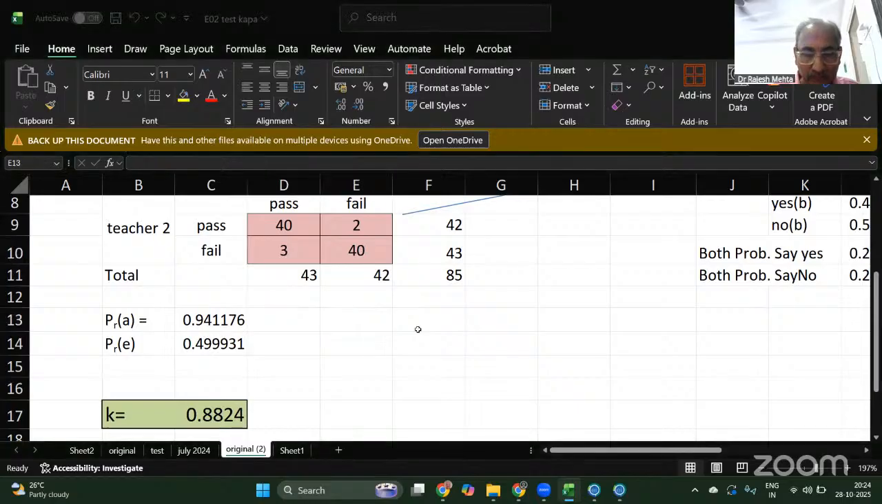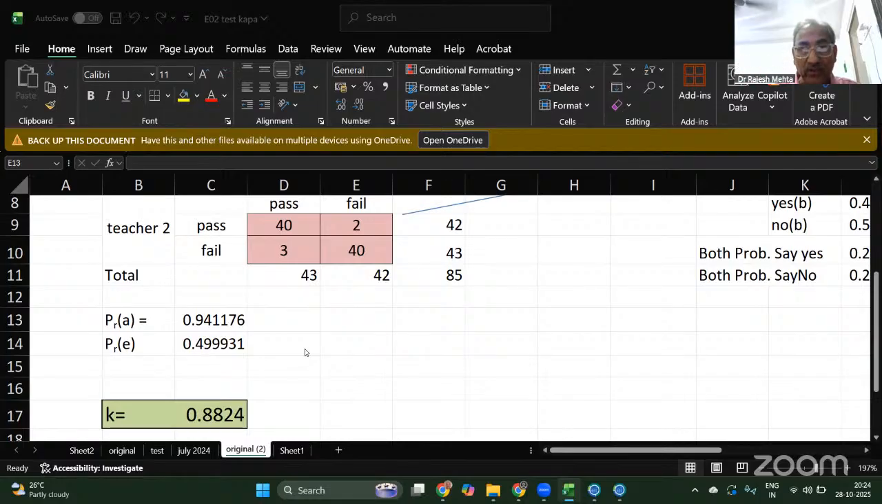Now, is it a good agreement or less agreement? What do you think? It's very good agreement because now it is 0.88, right? That was only less. So this is for any number of students, number of tests, two examiners, two doctors, in